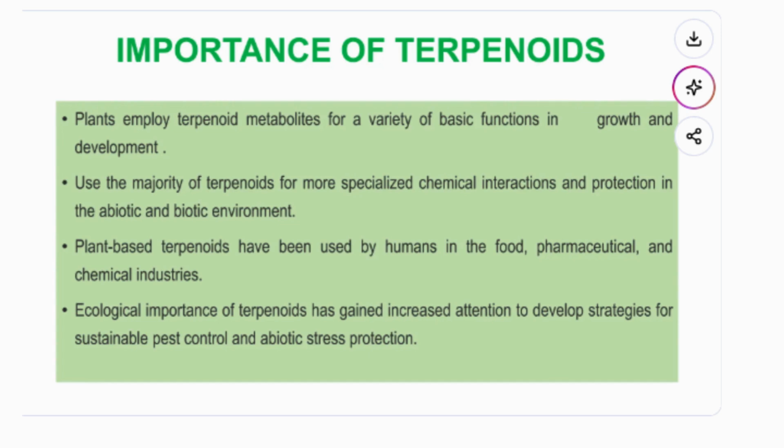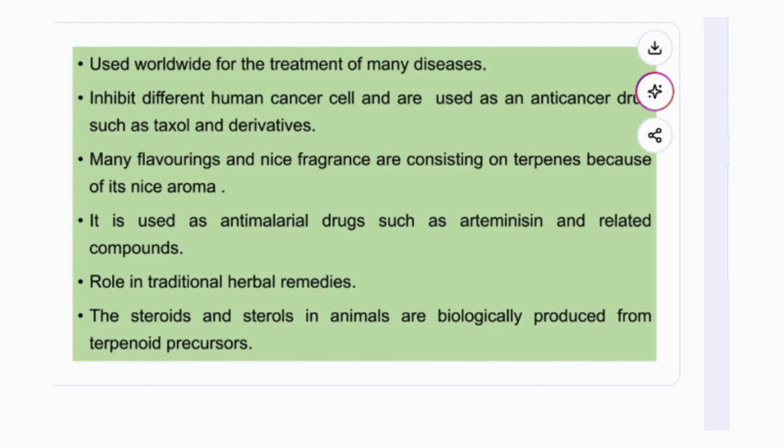abiotic stress protection. They have been used worldwide for the treatment of many diseases, as they inhibit different human cancer cells and have anti-cancer drug activity. Many flavorings and nice fragrances are terpenoid constituents because of their nice aroma. They have been used as an anti-malarial drug such as artemisinin and related compounds. They have roles in traditional herbal remedies, and steroids in animals are biologically produced from terpenoid precursors. So this is all about the terpenoids and their role in plant protection and